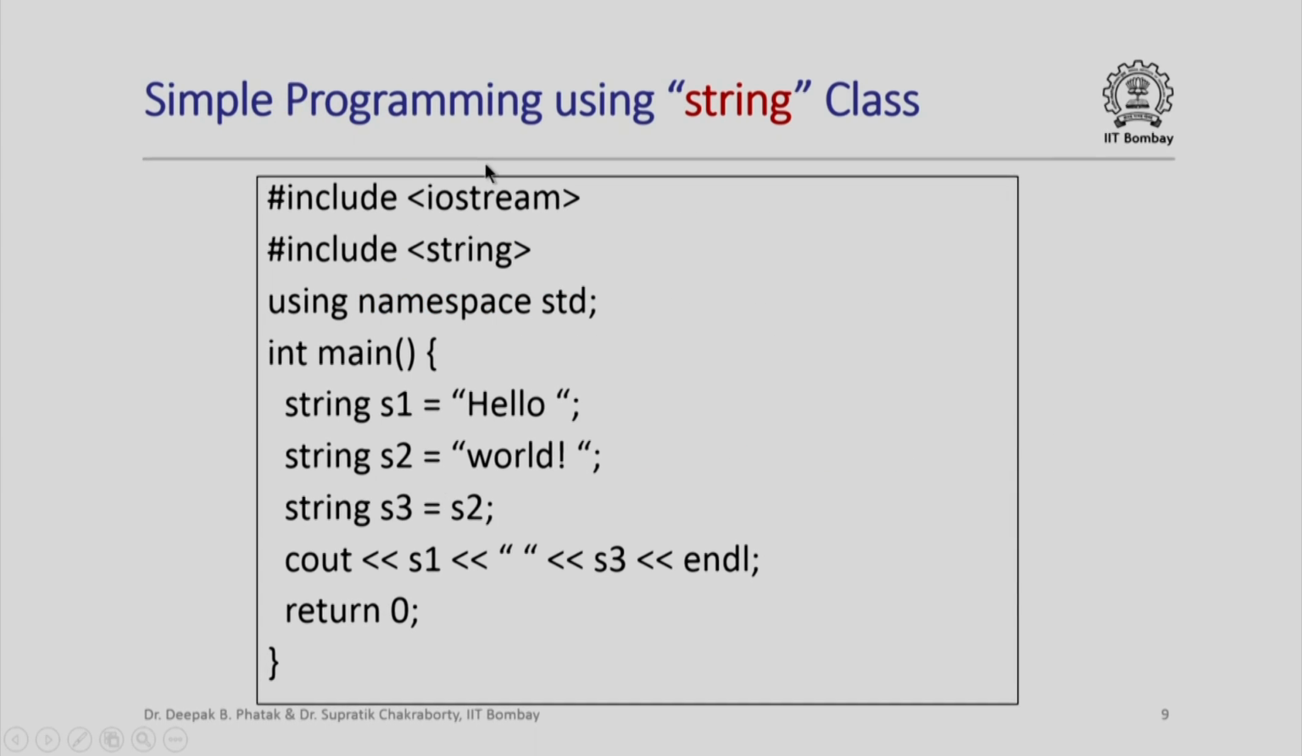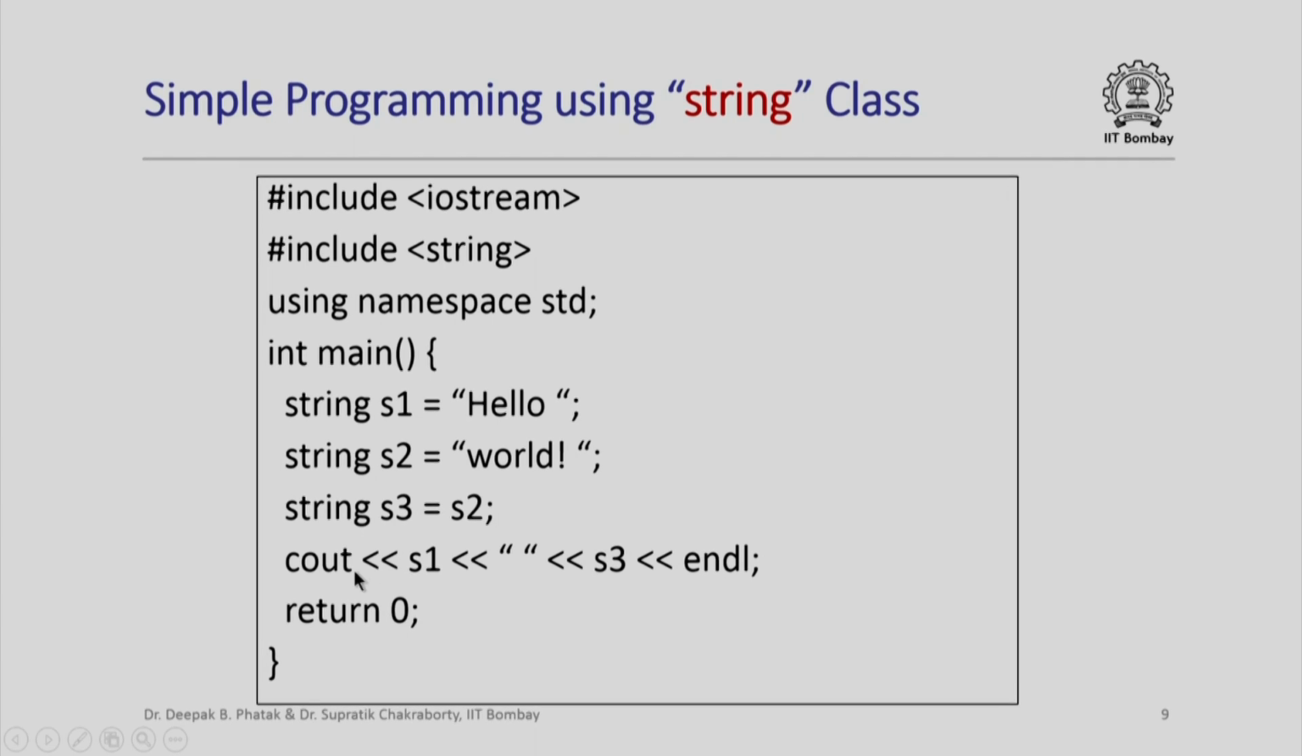So here is an example of a simple program that uses the string class. Note that I have said #include <iostream> and also #include <string>. I have used using namespace std here, and here is the main function in which I have defined two objects S1 and S2 of class string. Both of these have been initialized by the constant strings "hello " for S1 and "world! " for S2, and then I have declared a third object S3 of class string and assigned it the value of the string S2. So here is a string assignment, and as a result S3 will now represent the string "world! ",